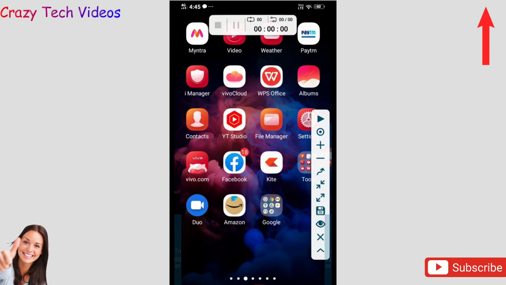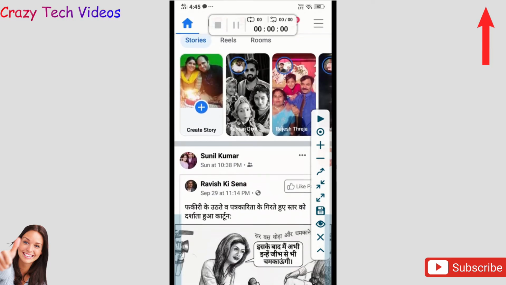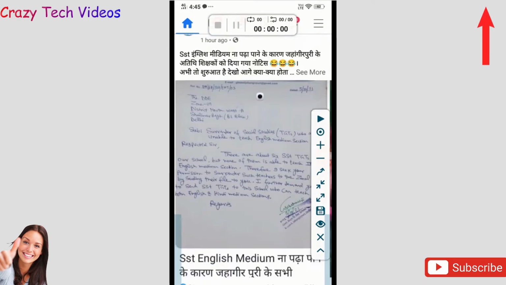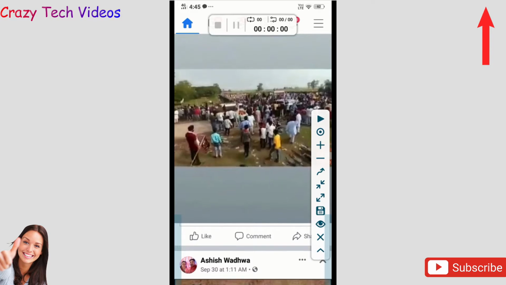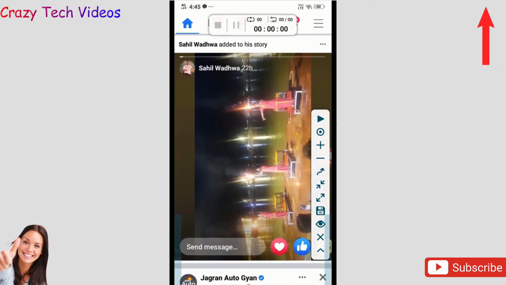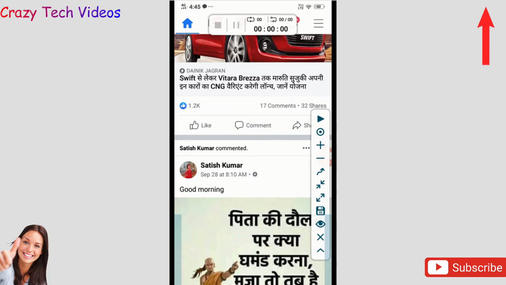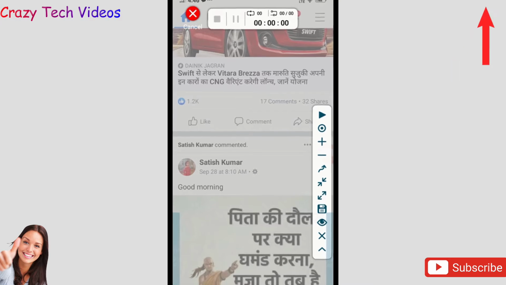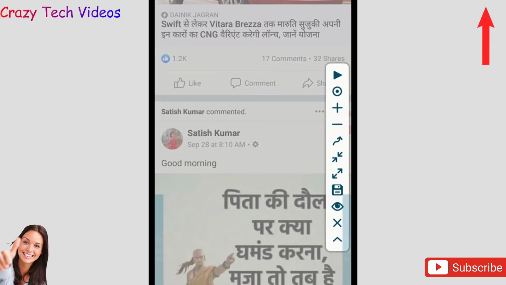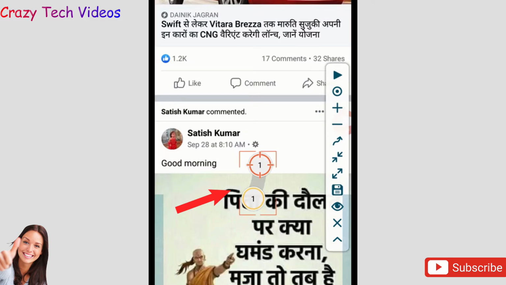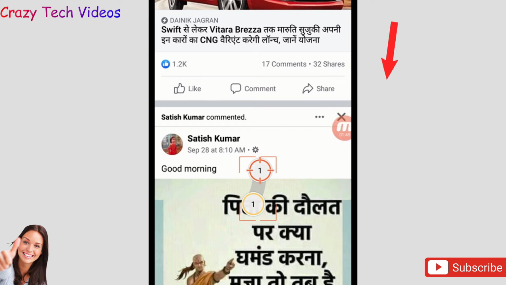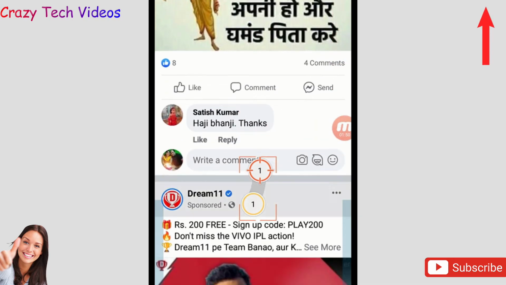Most of the time you have seen that when you go to Facebook, there are so many posts we have to see one by one, and we scroll down like this, one by one. See this? I'm scrolling it down, but let's suppose you are busy and you aren't able to scroll it down, then you can use this application. Simply click on this icon here, this one, and then your screen will turn white. Simply slide it upward like this. The moment you do this, an icon automatically comes in, and then you have to press this play button and your screen will automatically start scrolling down.